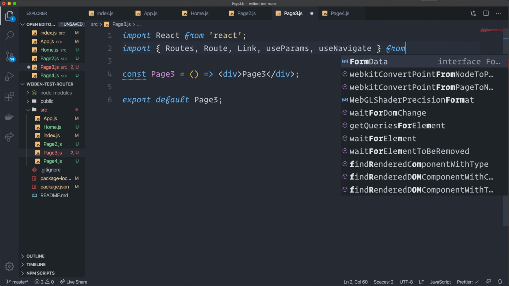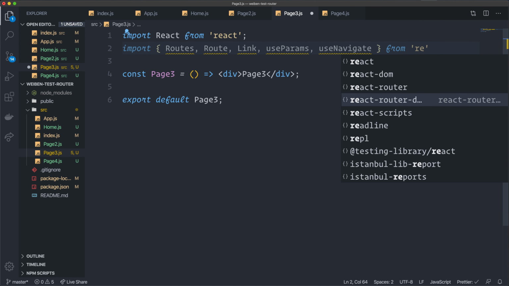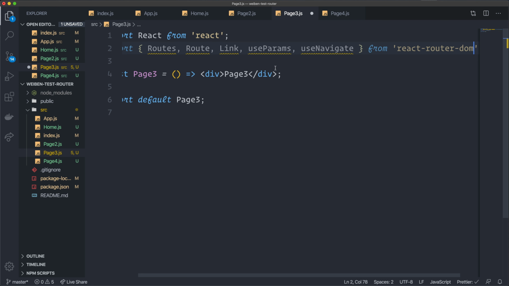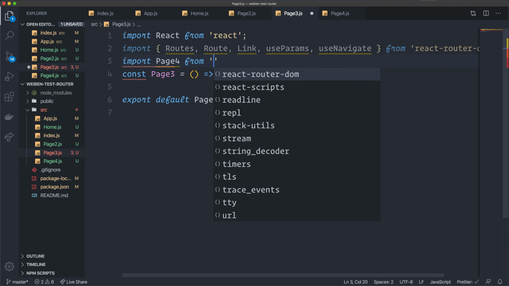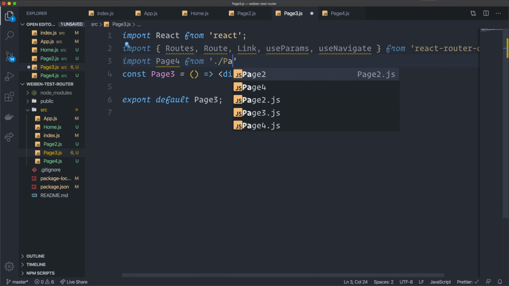From React Router DOM, do some auto formatting maybe. No, it wants to have them on one row. That's sad, but all right. Then we import page 4 from ./page 4